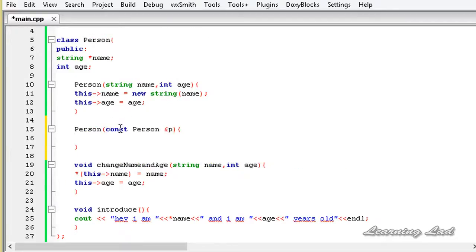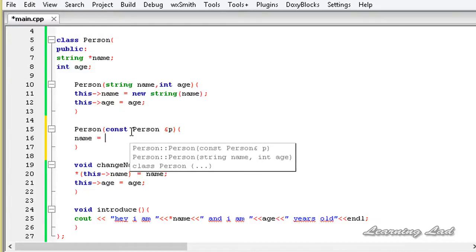So here what we can do is we can make sure that when we use pointers as our class members, different memory should be allocated to that member. So when we copy, we want to allocate an entirely different memory, and we want to copy the string. To do that, inside this copy constructor, I'm gonna write name equal to, and then I'm gonna create a new string, so a different memory. So it's gonna be new string, and in that string